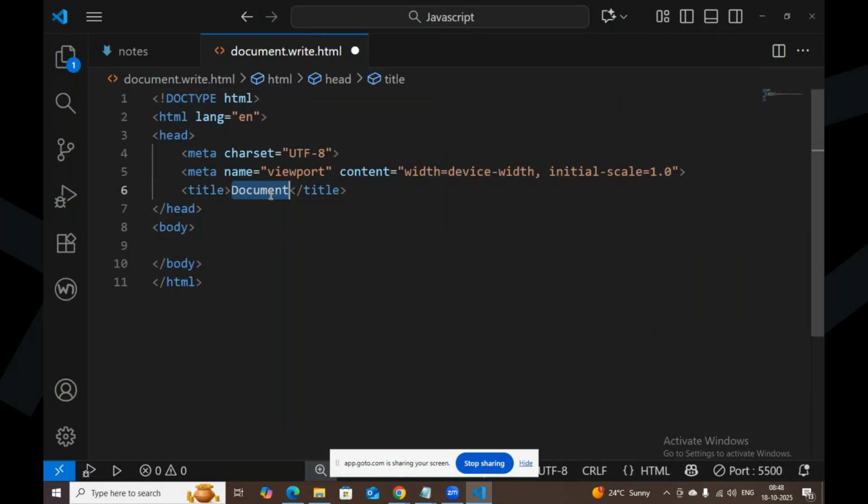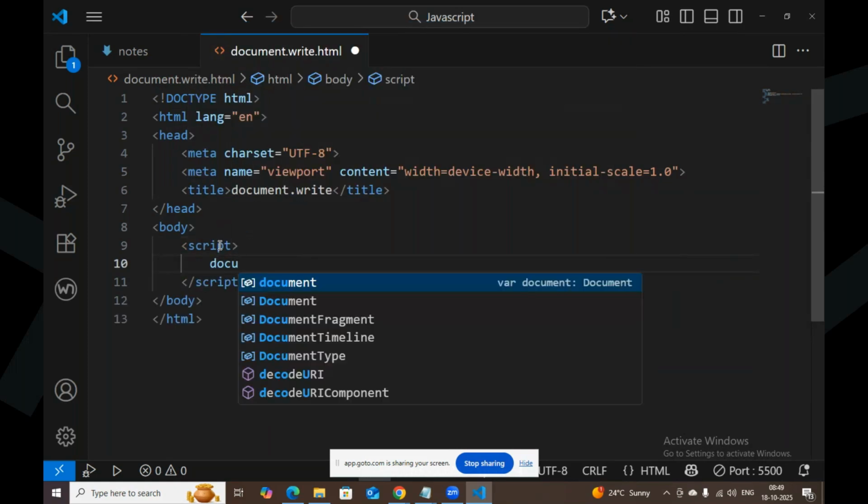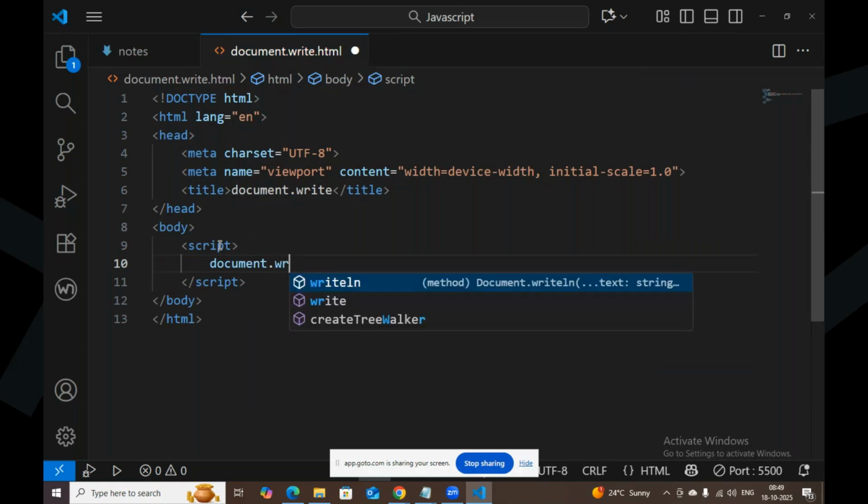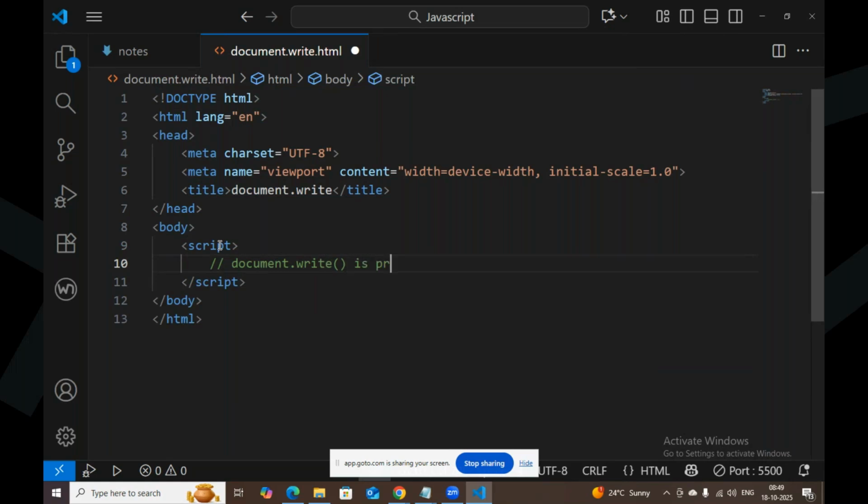Now I am keeping the program name document.write. Now let's write the script. I am writing document.write. Understand? Document.write is a predefined JavaScript function, a predefined JS function using for